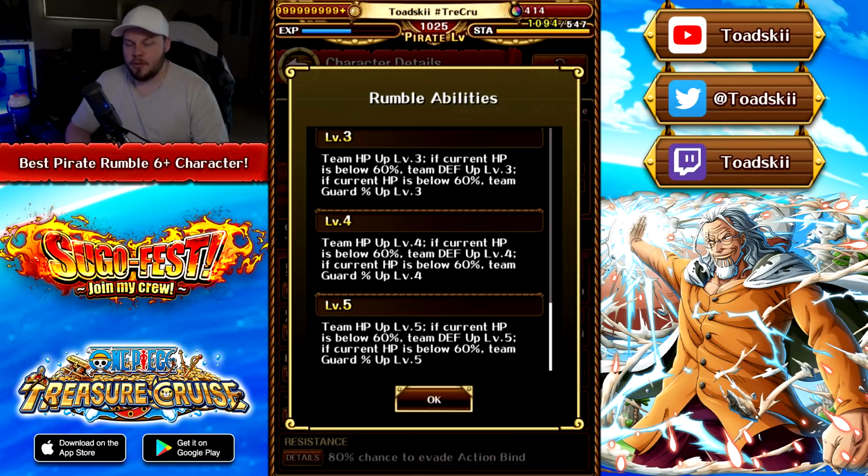And the main reason why they are so good is because they have access to V1 Doflamingo, who has that amazing passive of boosting HP and defense, and also attack as well. But obviously, they don't all work at the same time. There are certain time restrictions on some of them, but that's the main component of those characters as to why they're so good, is because they have amazing passives that can boost HP and defense, and those are the best